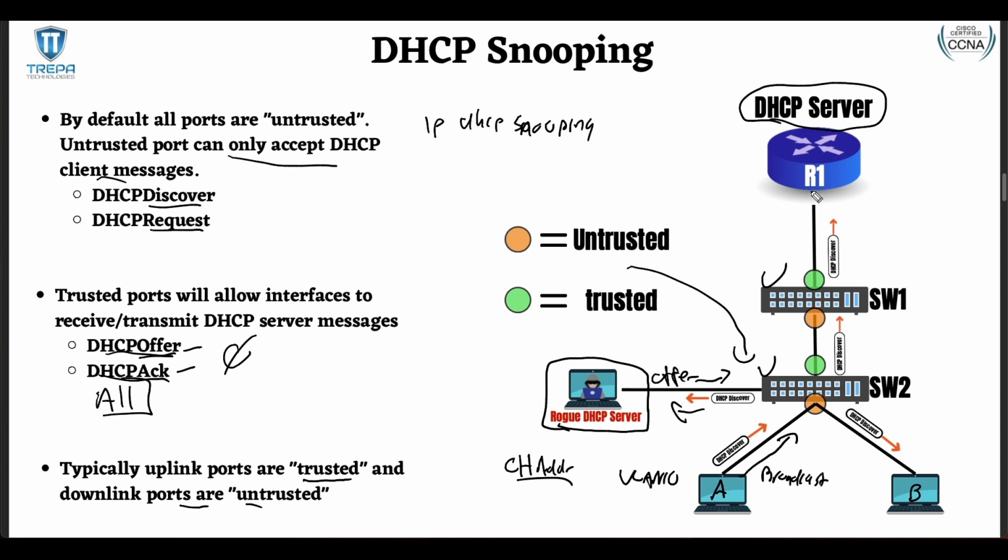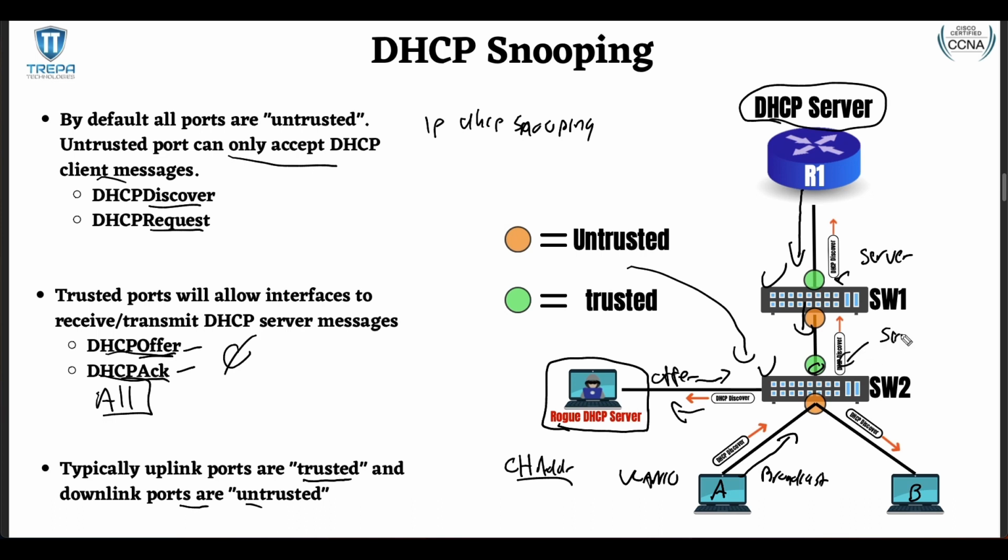Essentially, when the legitimate DHCP server responds inbound on this port, those are going to be our DHCP server messages. And then outbound, it's not going to matter because even though this is untrusted, it's outbound. So it's not actually receiving that DHCP message, it's just sending it out. But then again, switch 2 here, this port is going to receive it, and since it's trusted, it will allow